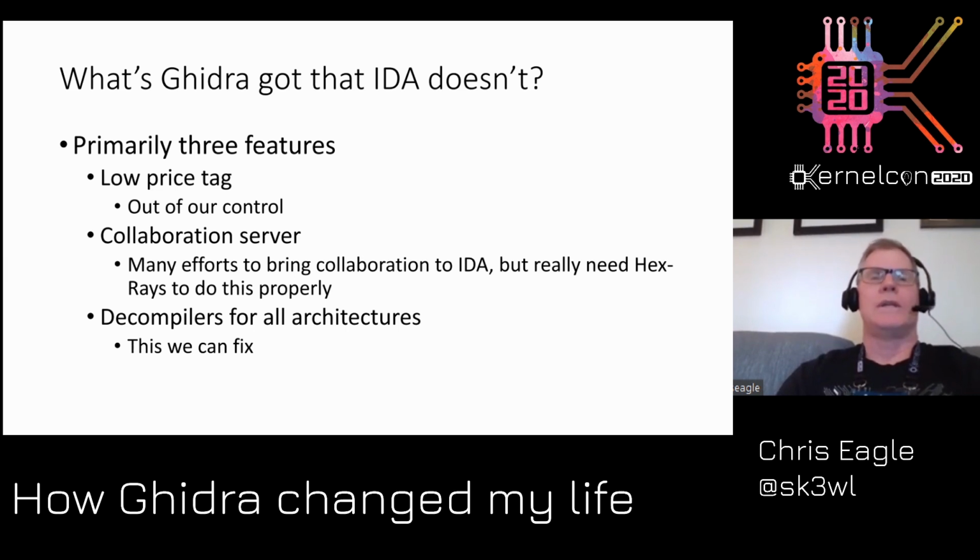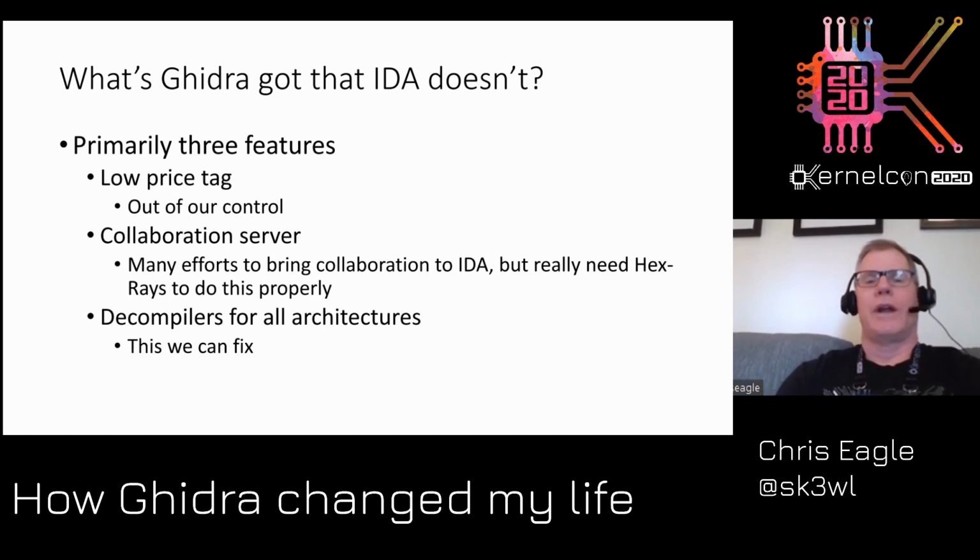Collaboration server is another key feature in Ghidra. So you can do collaborative reverse engineering, host a server somewhere, and do, I won't say GitHub style, version-style changes and change merging, conflict resolution, and things like this in a collaborative environment across teams of reverse engineers. So that's also a useful feature, especially on large-scale binaries where one person's probably not going to tackle the entire